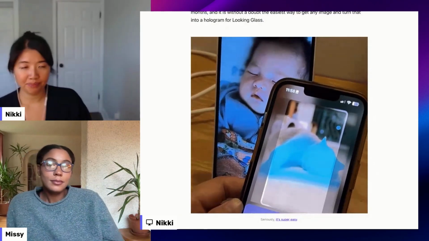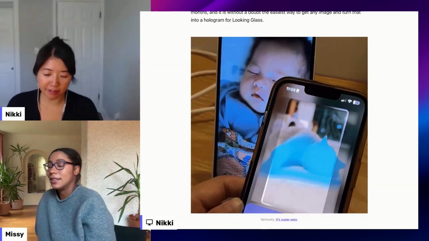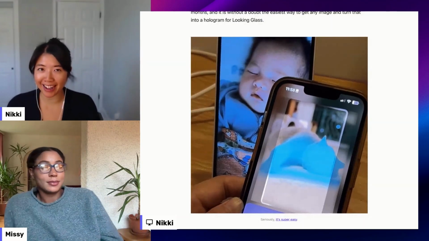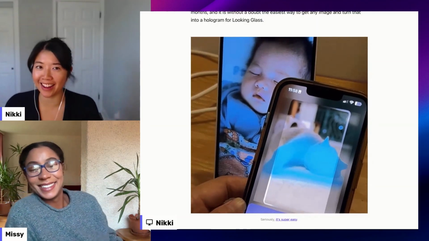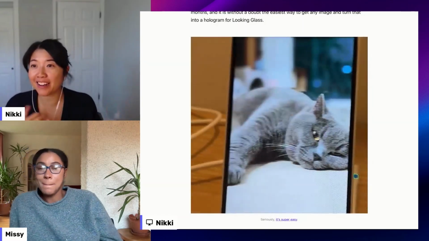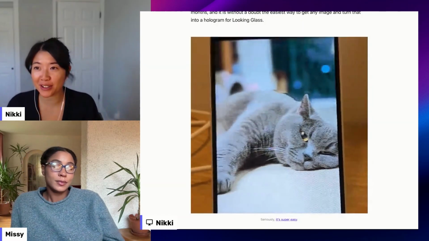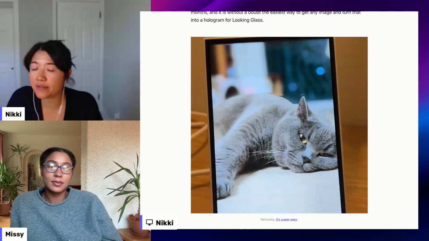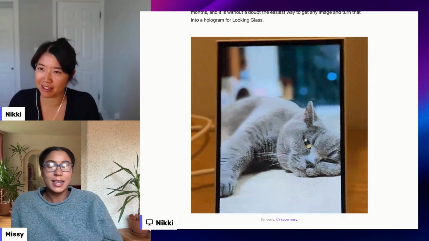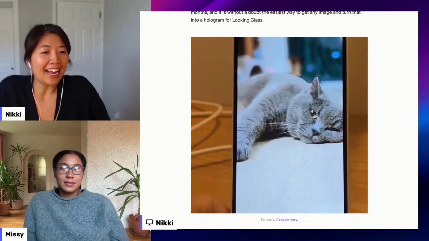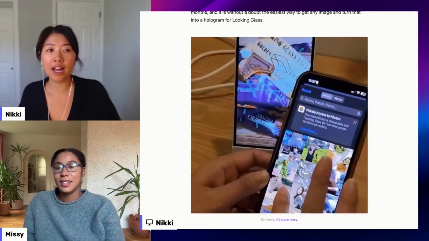So yeah, Missy makes a great point. She covered a lot, and there's a lot more resources online on our blog and on our YouTube that will explain the importance of, wow, that's actually really hard. Depth maps. Depth map. Say it 5 times fast. Yeah. But as Missy says,